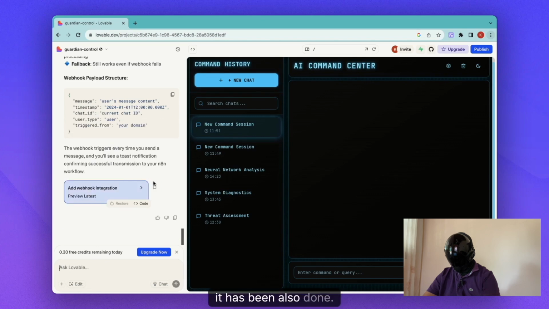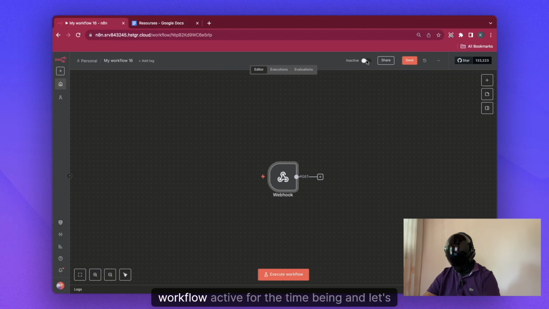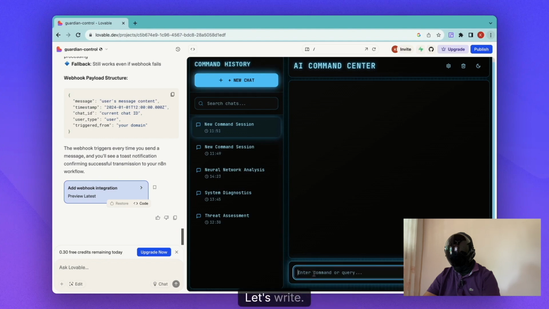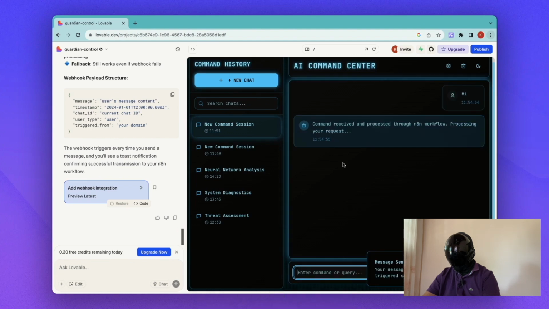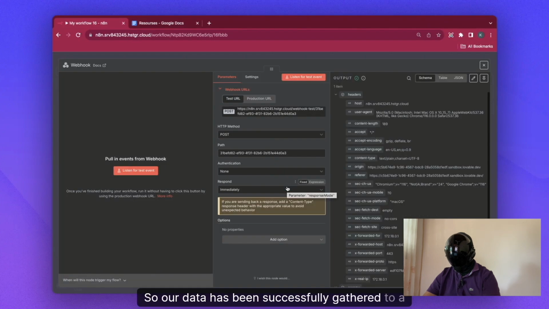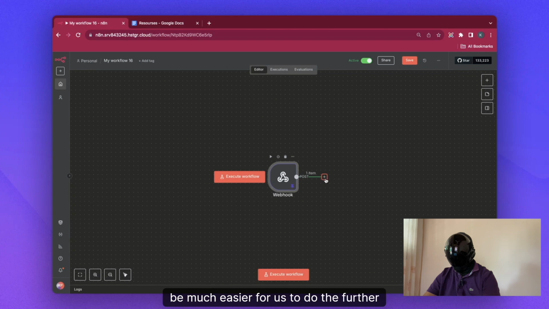Okay, it has been also done. Now let's come back to n8n and make this workflow active for the time being, and let's execute the workflow. And now our trigger is waiting. Let's write there. Okay, let's save it. Their asset has been gathered for our webhook. Yeah, so our data has been successfully gathered to our n8n. For the time being, let's pin this data